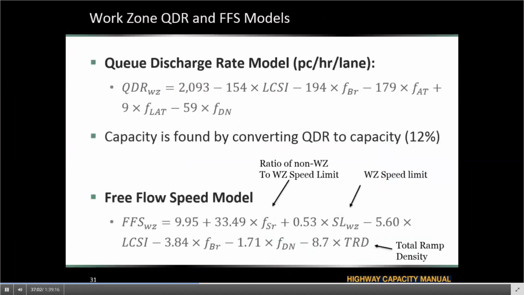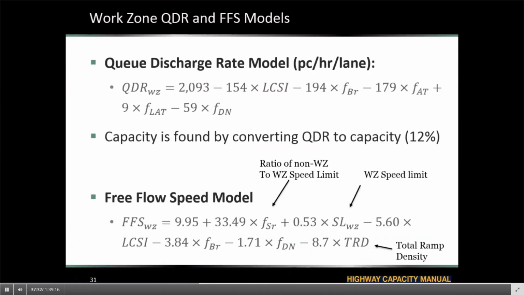Those parameters go into these two equations that we have for capacity and free flow speed. Basically, the capacity is modeled as first a Q discharge rate model, which will predict the Q discharge rate when we have the work zone. And then by comparing this Q discharge rate to the nominal capacity, we can compute the capacity adjustment factor, which can go to the speed flow model.